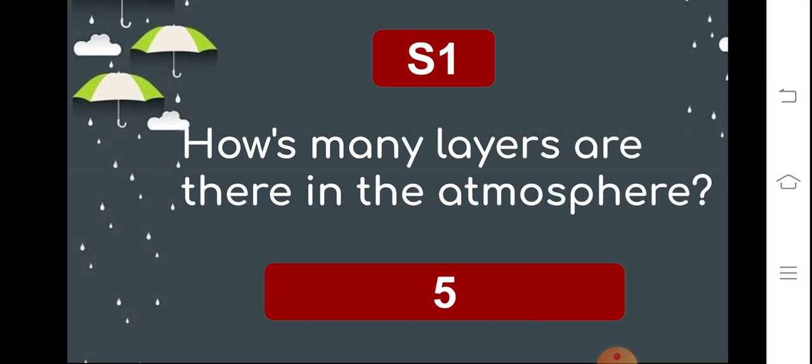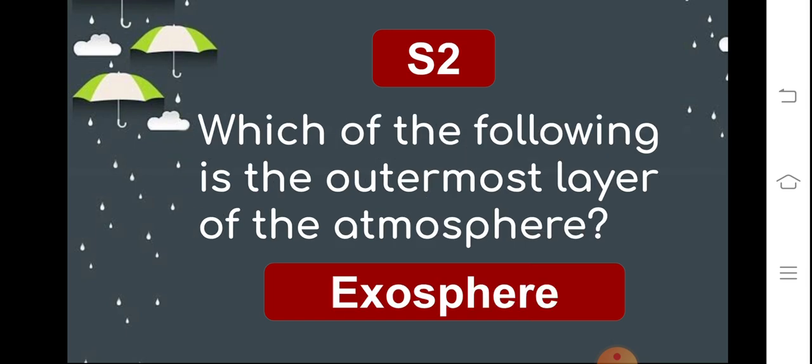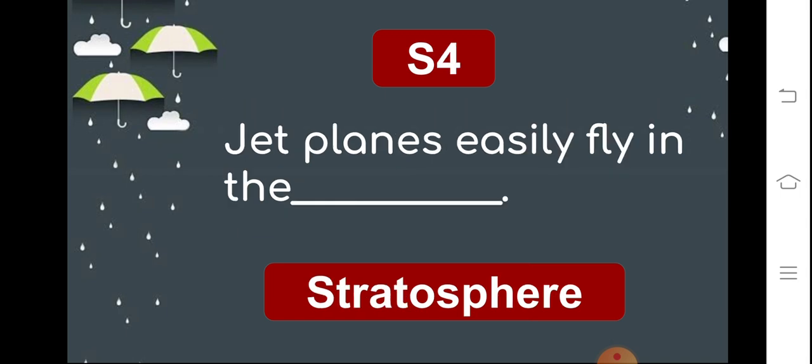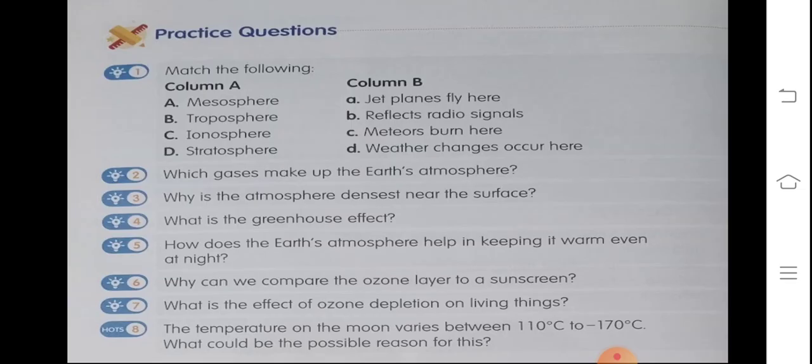So the correct answer is 5. S2, which of the following is the outermost layer of the atmosphere? So the correct answer is exosphere. S3, the layer of the earth in which clouds are formed is the troposphere. So the correct answer is troposphere. S4, jet planes easily fly in the stratosphere. Now come to the